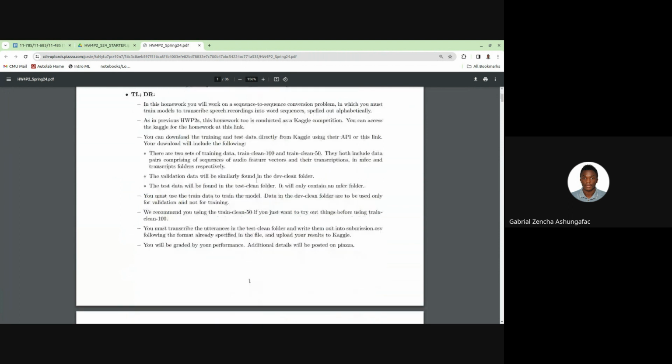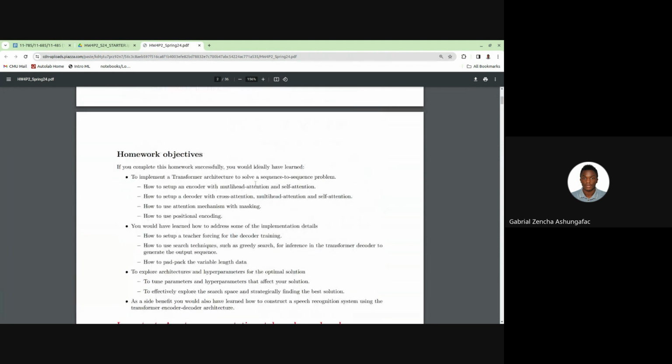So in this assignment, we would be working with the transformer models, which are behind large language models and which have revolutionized a lot of NLP tasks. So in this homework, we'll be building a speech transformer, which is capable of performing speech recognition tasks. So at the end of this homework, we hope that you must have